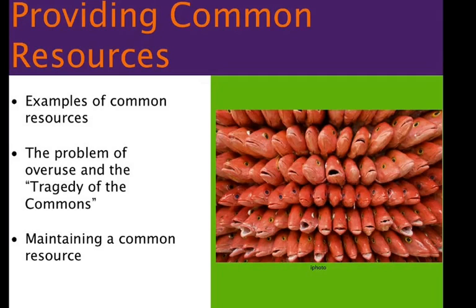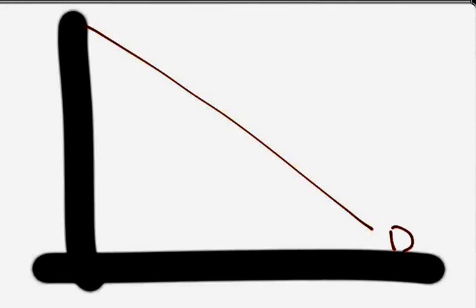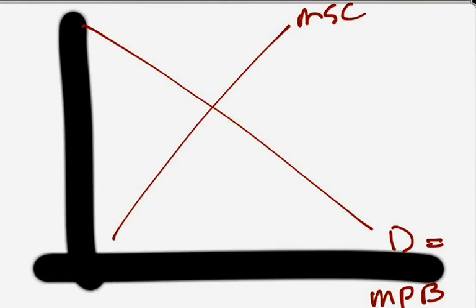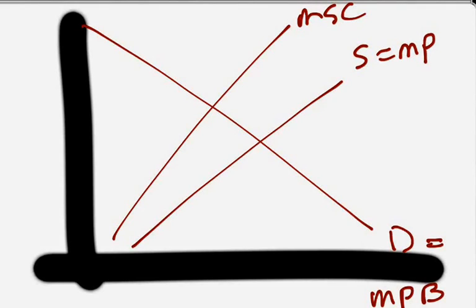Maybe I can draw it. Maybe I can see if I can figure out a way to draw this thing. Oh, there you go. Let's just draw something real quick and show you how this works. If I have the demand curve, it looks like this. Marginal equals marginal what? Private benefit, right? And then the marginal social cost, the supply curve, or I'm sorry, that's not the supply curve. You have the supply curve here, which is the marginal private cost. And this is the tragedy of the commons.